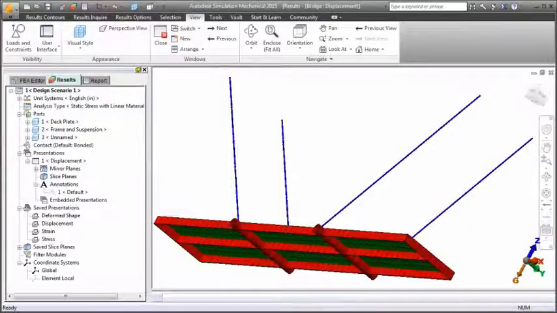Autodesk Simulation Mechanical has a design optimization utility that automates the process of determining your optimal design dimensions. This utility is applicable to all structures containing beam or plate type elements. This example is a small suspension bridge that supports a load of 1.5 US tons or 3,000 pounds in addition